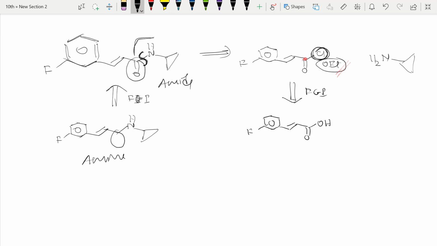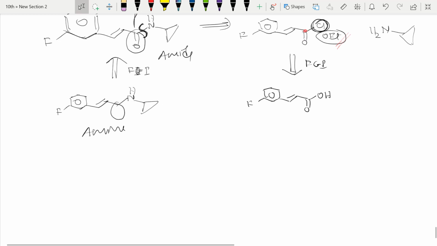COOH, alcohol I will convert, right? Further I can again split. See here, this is nothing but alpha beta unsaturated. See here, alpha beta unsaturation is there. I have told if that alpha beta unsaturation is there, you can disconnect like this, which I have shown here, right? If you disconnect, I have told directly add O here,